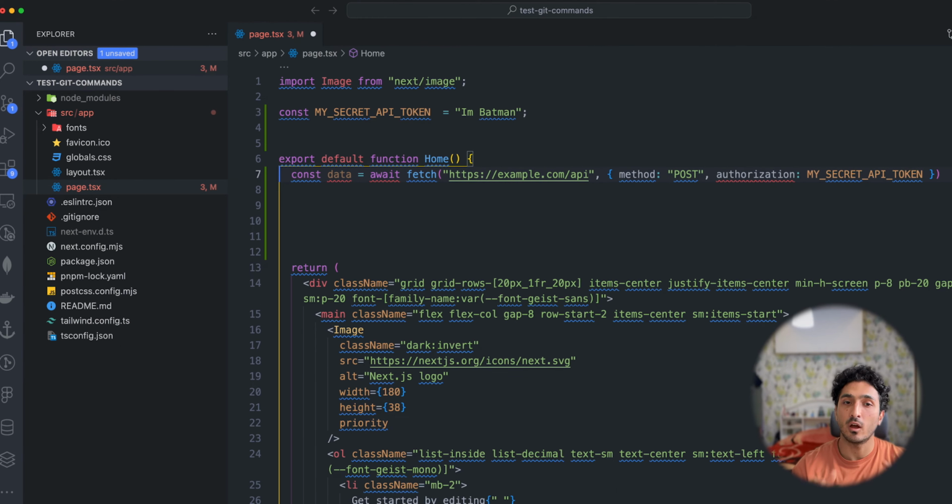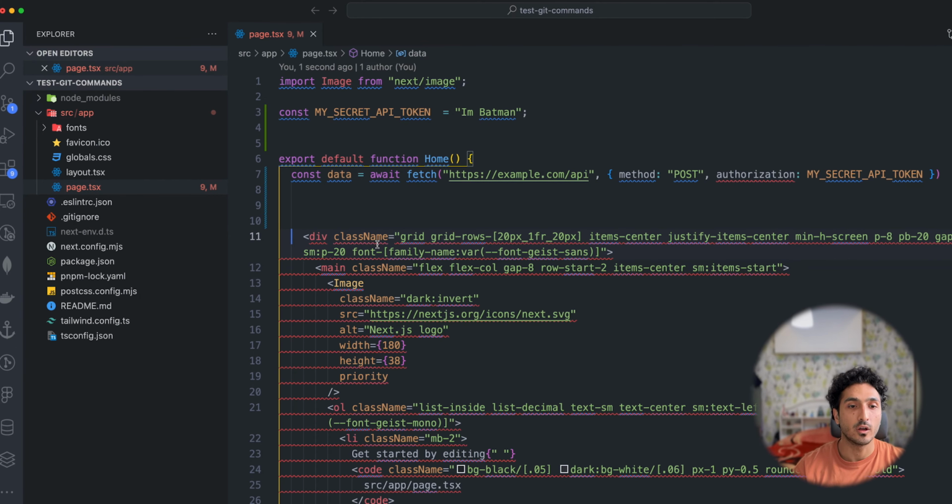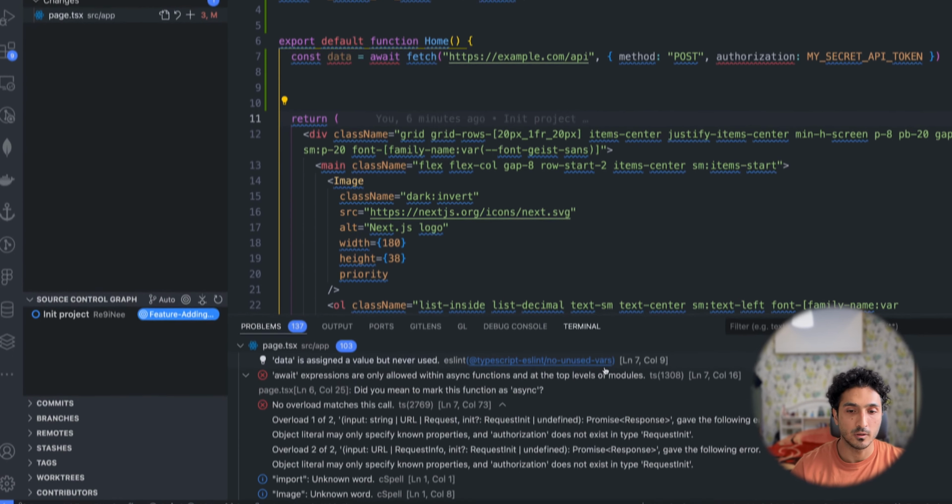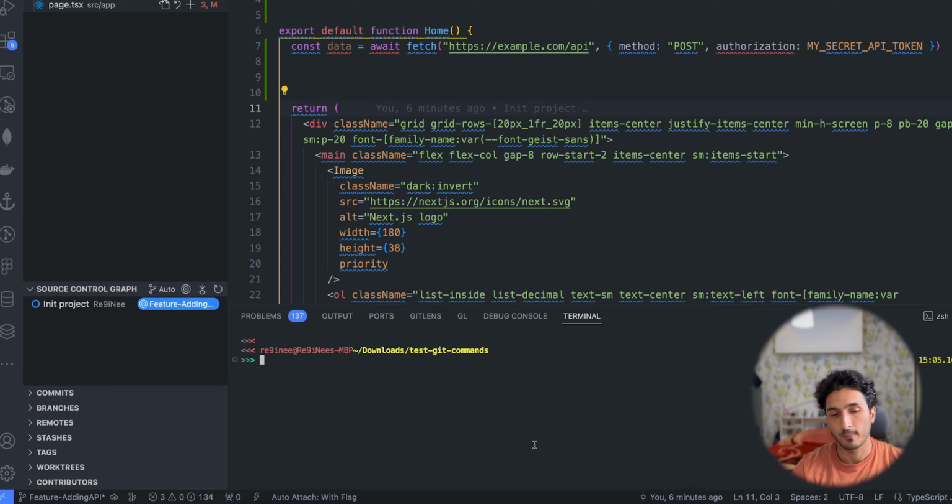Jokes aside, this could be a really secret API token that I don't want to put online, and I don't want it to get leaked. So if I commit this, come here and commit this, open terminal, git commit -am. This is another command that tells Git to add everything that's modified and everything in the stage area. Message: I wanted the commit message to be